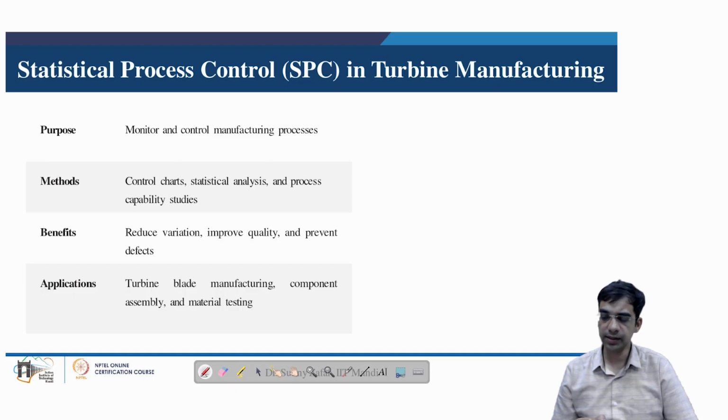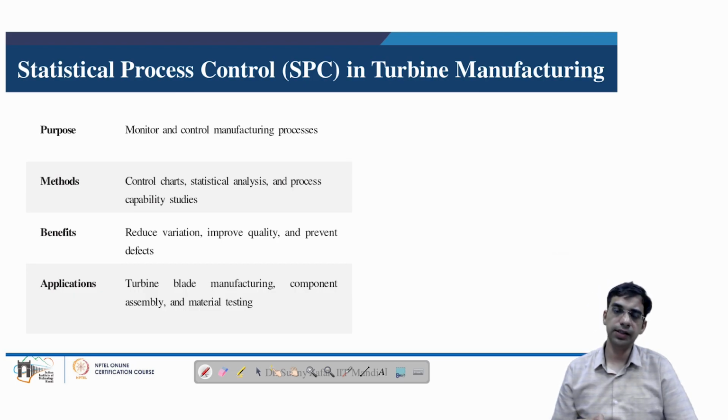So assignable reasons of deviation are basically unpredictable and they need to be taken care of swiftly, because if not taken care of swiftly, they may result in production of parts which are not conforming to the design specifications. So these are also common, but they have to be taken care of very swiftly.